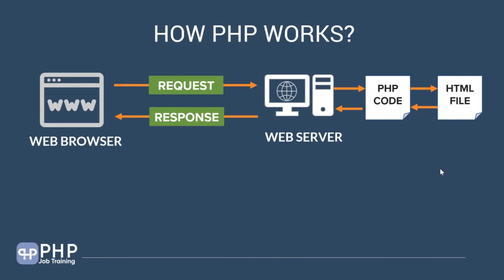If you see on the right hand side in the diagram, I have embedded the PHP code here. Whenever a web browser is requesting a PHP code, whatever code it is, we haven't gone through the PHP details, but imagine it's a PHP code. The web browser will send the request to the web server. The web server will execute this PHP code, generate the HTML file, whatever the content of the file is, and then that content is pushed back as a response to the web browser.